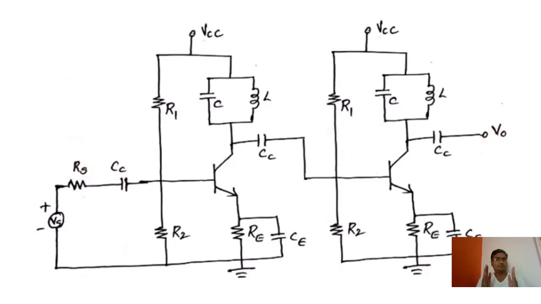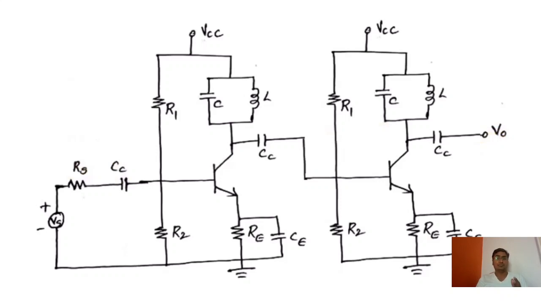Now what's the difference between those resonant frequencies? The difference equals the bandwidth. That's it. So this is the actual circuit. If it is a normal double tuned amplifier, you have the option to go for either a single stage or a double stage double tuned amplifier. But here, if it is a stagger tuned amplifier, two stages are mandatory. Two stages of single tuned amplifier.